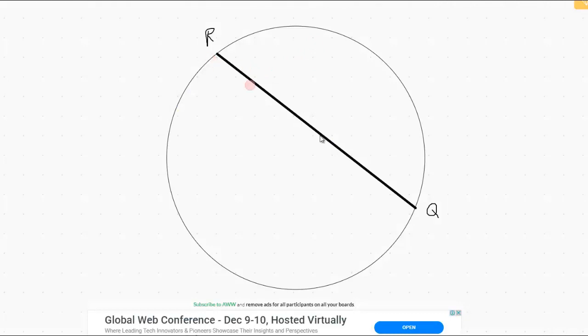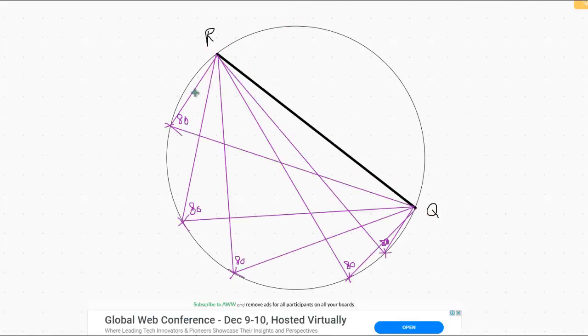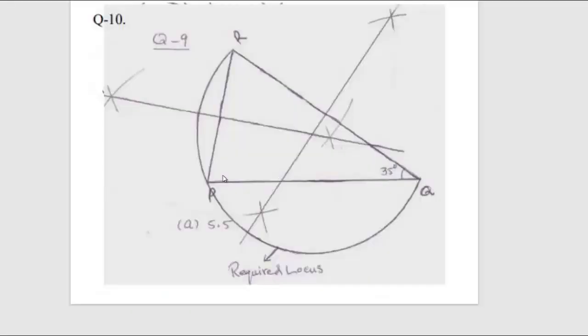This is the chord, suppose this is the chord QR. So wherever the point P will be on this arc of the circle, its angle will be 80 degree always. And this is called angle in the same segment or angle subtended by the same chord. Right now it is QR. If we check this angle by the D, it is also 80 degree. Now the problem is how to draw this circle,